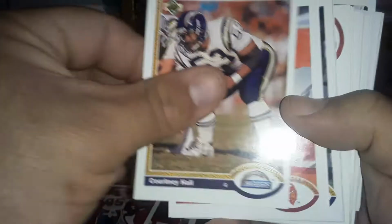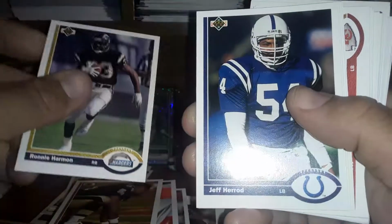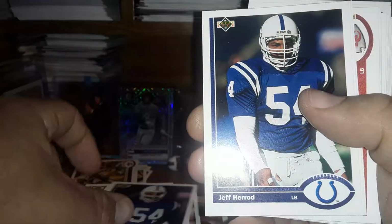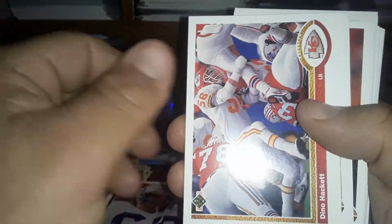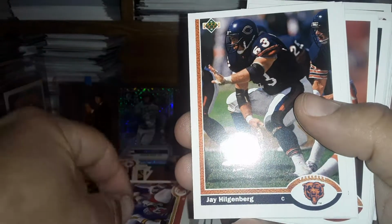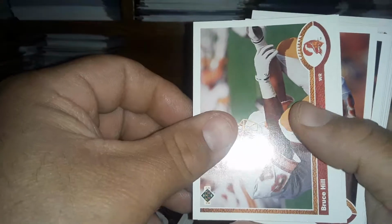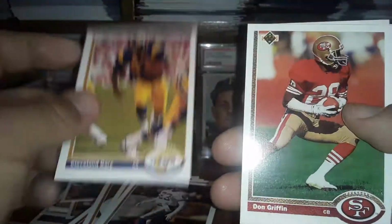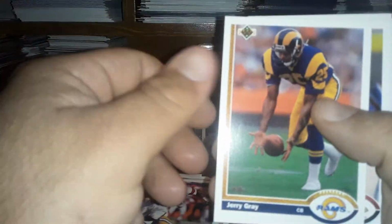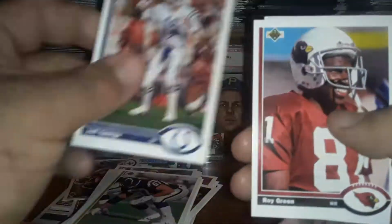Super Mark Duper, Courtney Hall, Wayne Haddix, Ironhead Craig Heyward, Ronnie Harmon, excuse me, Jeff Herrod, Merril Hoge, Andy Heck, that's a nice name, Dino Hackett, Jay Hilgenberg, Rodney Hampton, looks like there's 2. We got Bruce Hill, Wayne Haddix, Harry Hamilton, Mel Gray, Cleveland Gary, Don Griffin, Harold Green, Jerry Gray, Roy Green, Neil Gonis, Jeff George, former Raider, Roy Green,